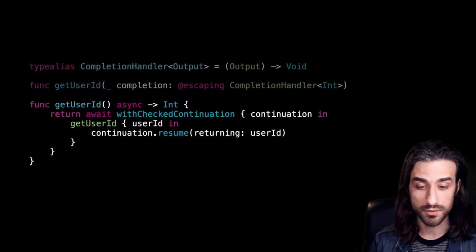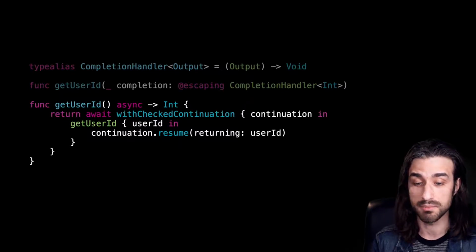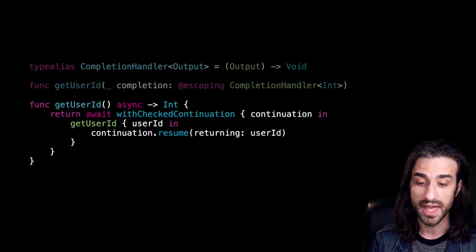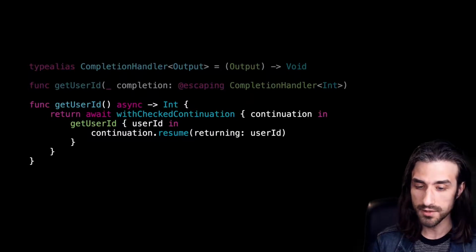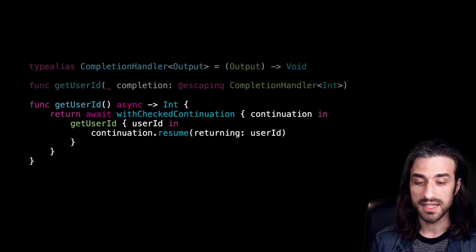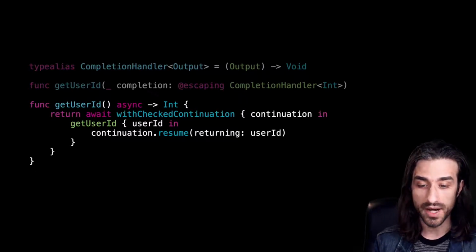So the signature of the function almost looks like the signature of a classic basic synchronous function, except that we have added the keyword async. You see that async, we write it in the same place where we would write throws, for instance, so between the argument list and the arrow. And when the function is marked async, it means that the function has the right inside it to use await.